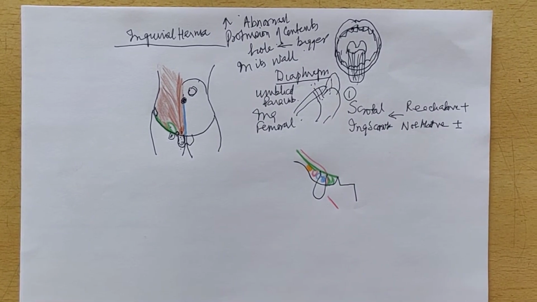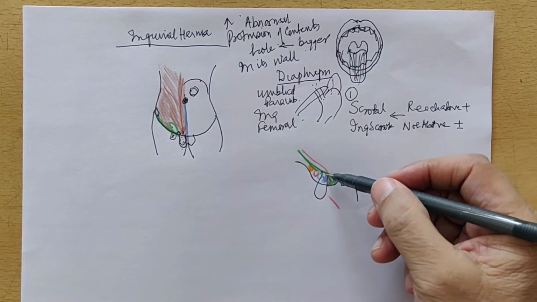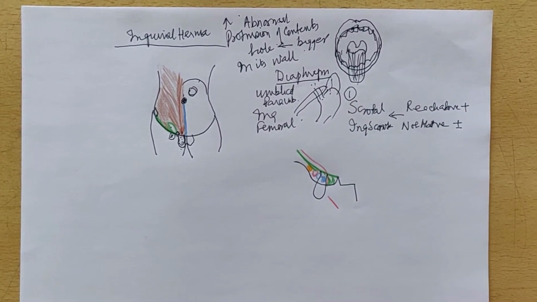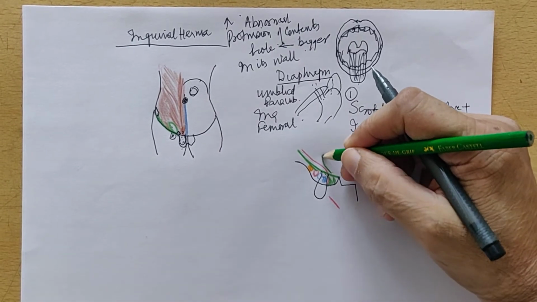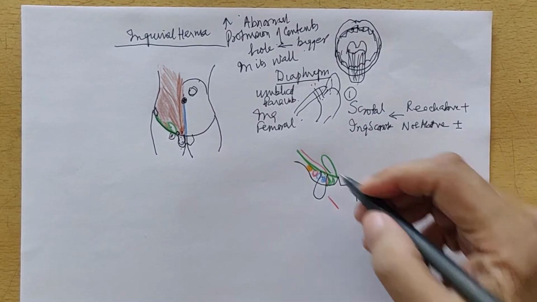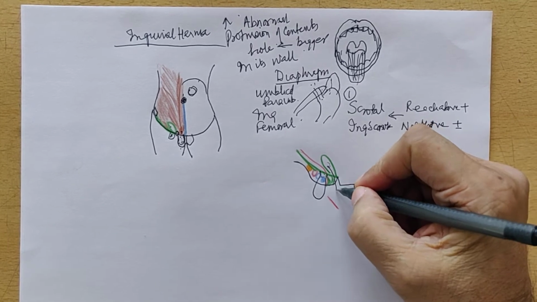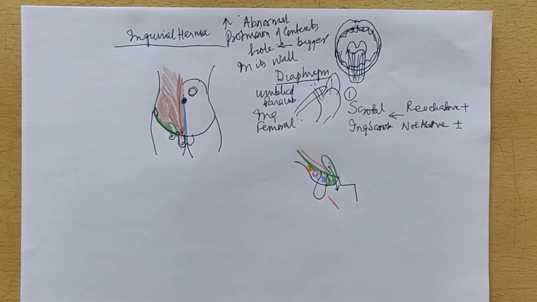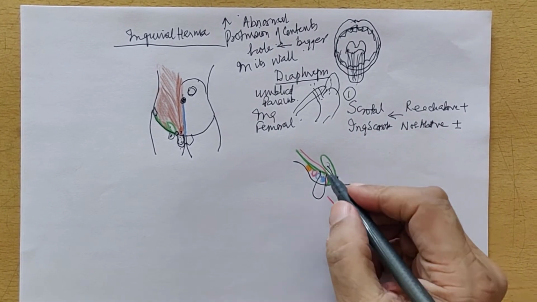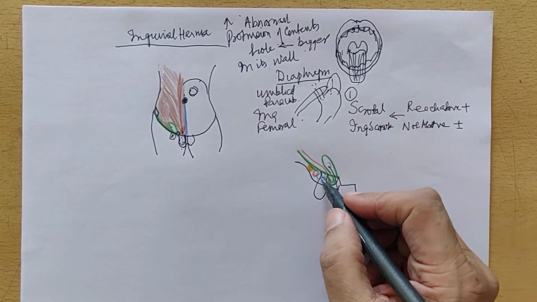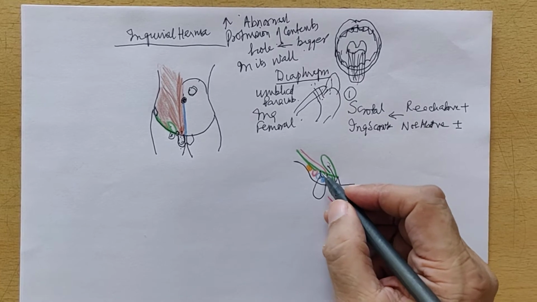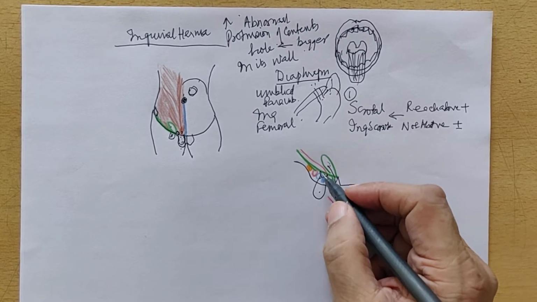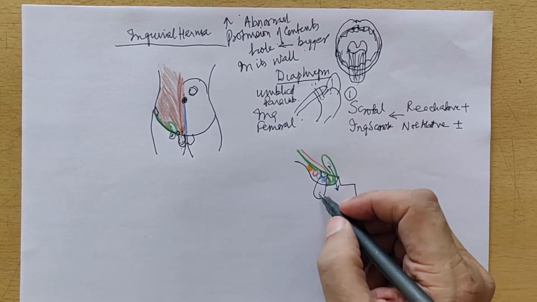And this femoral hernia, it's below the inguinal ligament. The inguinal hernia is above the inguinal ligament. That's the difference. And since it is in a very narrow space, therefore this hernia can get strangulated. It can get pressed here. So first it gets obstructed, then it gets ischemic, then it can perforate.